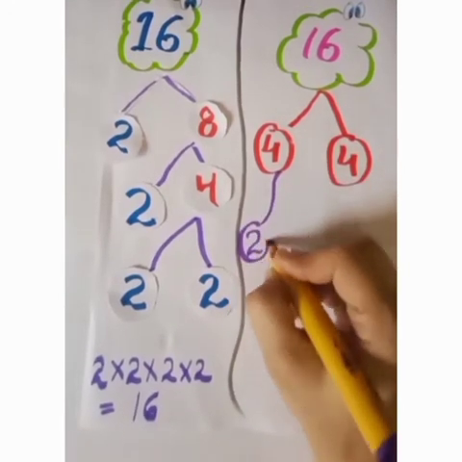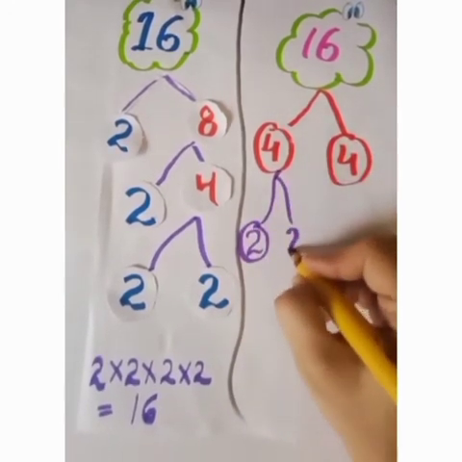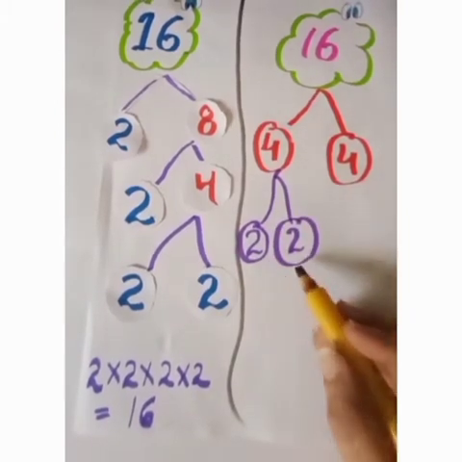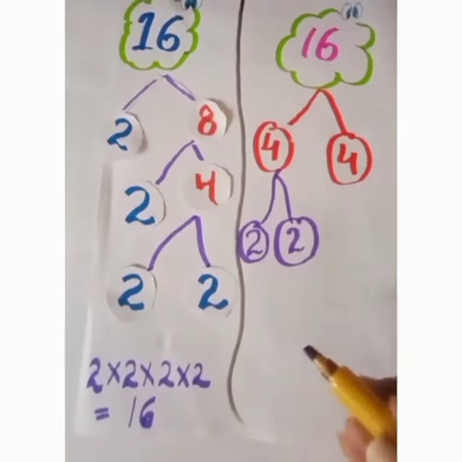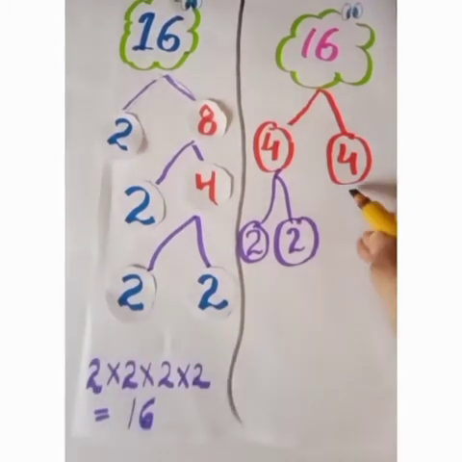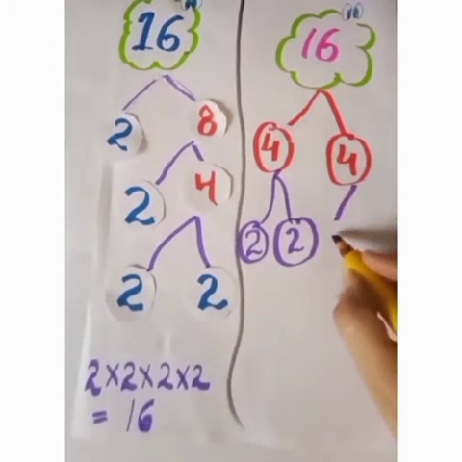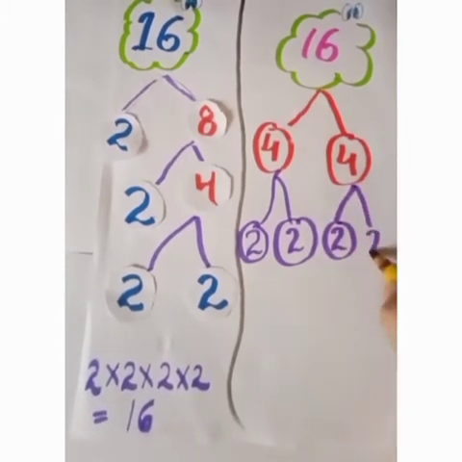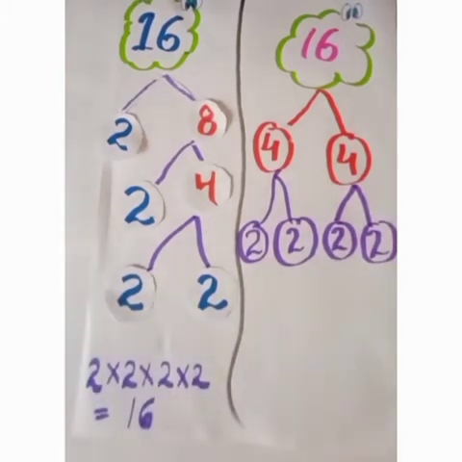2 multiplied by 2. We got two prime numbers here, and these we cannot split further. We'll take the next 4 now. What is there? We took here number 2 and 2. So what did we get? Here we got how many? 4 twos: 1, 2, 3, 4 as prime numbers.